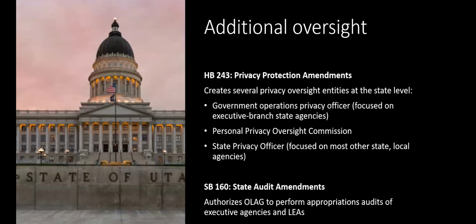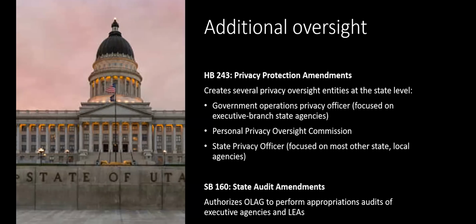There were two bills relating to oversight. HB 243 was a major privacy bill for all government entities, at the state level and at local levels. It is basically creating three different oversight entities. One is called the Government Operations Privacy Officer, who is going to focus on privacy oversight of executive branch state agencies. There is also going to be a personal privacy oversight commission